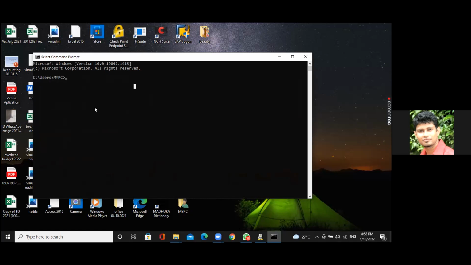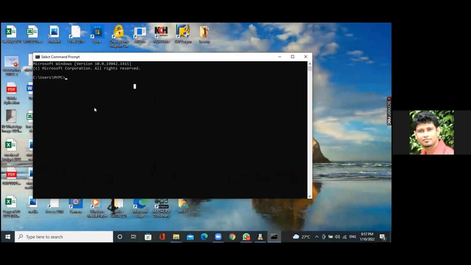If you want to see your desktop location, keep it aside, press the shift key and right click on an empty area of the desktop. Shift key and right click on an empty area. Okay, keep it aside. Just go to your desktop. Press the shift key and right click. Shift and right click on the desktop.